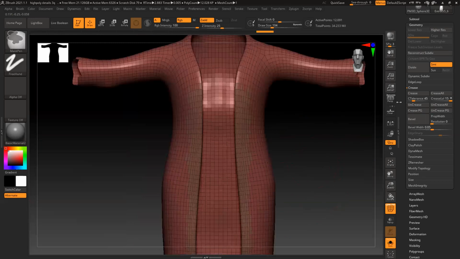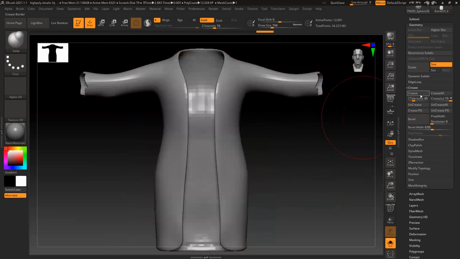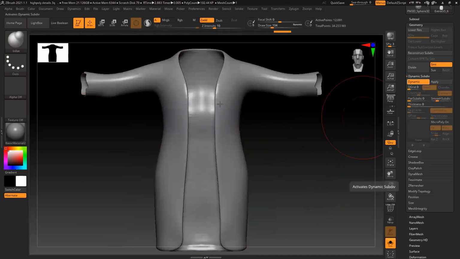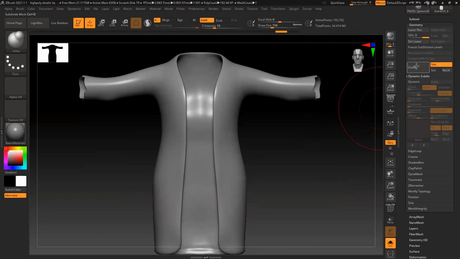See, I have 12,000 points and I want to add that design. If I go to dynamic subdivision, basically it gives you a preview. In reality, you can see the active points is 12,000 only. Nothing changes. It just gives you a preview. If you apply it, it will give you 3 subdivision levels. You can delete this or keep it. So this is what happens basically in dynamic subdivision. Anyways, I need even more.